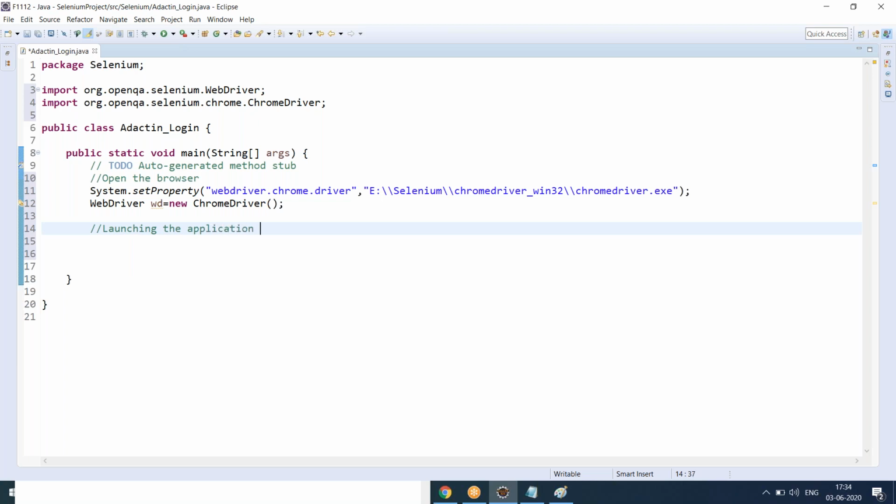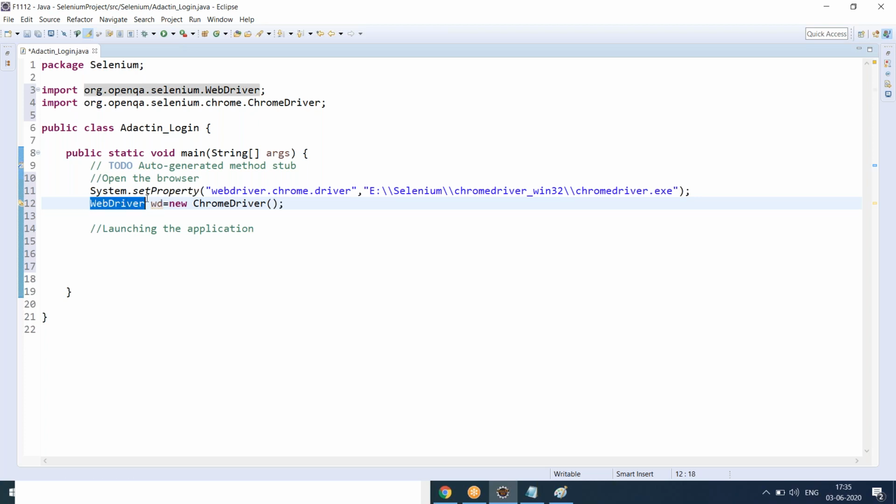There is a method called get method. What is the object we have created for the WebDriver class? What is the name of the object? WD, sir. WD. I just created an object called WD for a class.